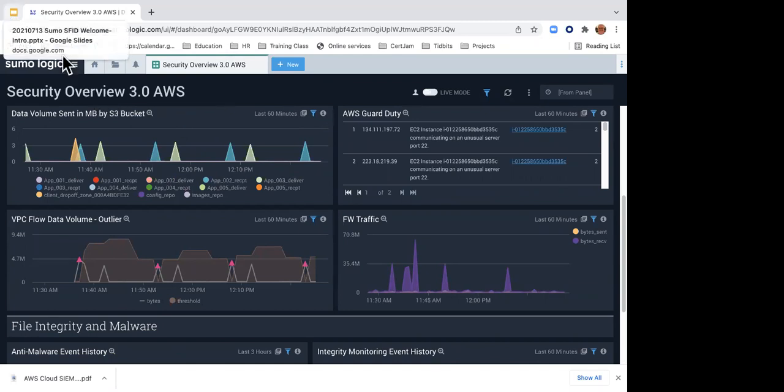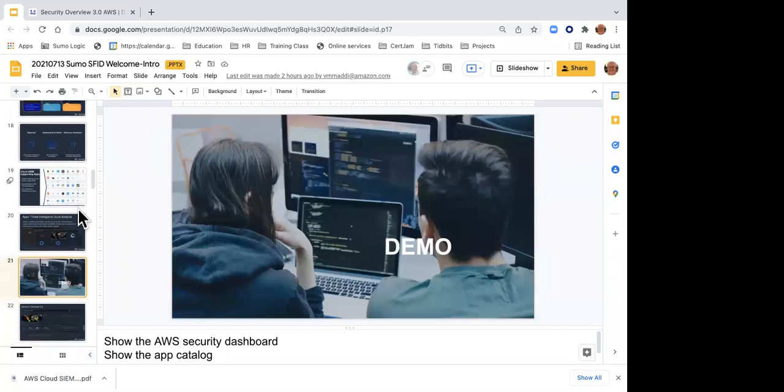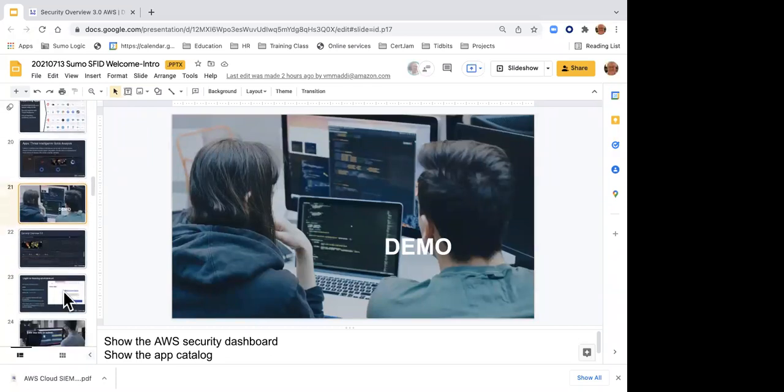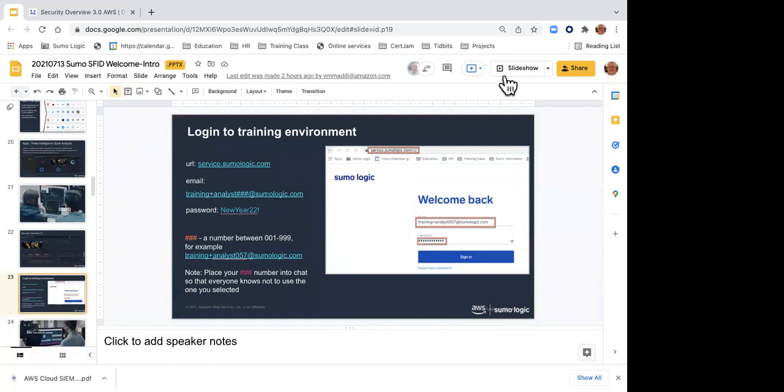All right, so let me go back to my slides, and let's get you logged in. First, in the chat box, I am going to send you all a PDF document from my computer. Hopefully most of you can get it from the chat box.